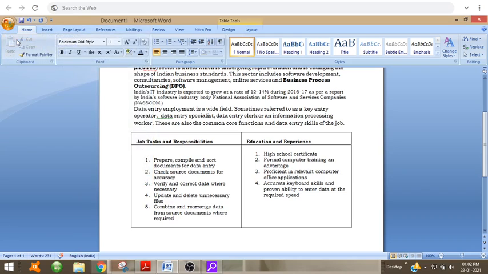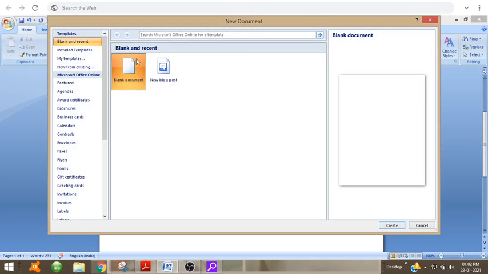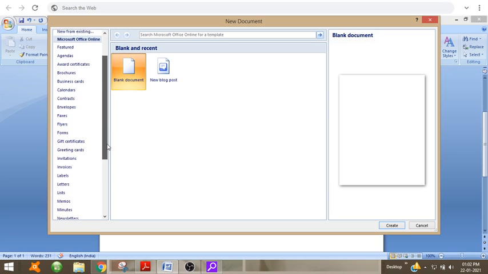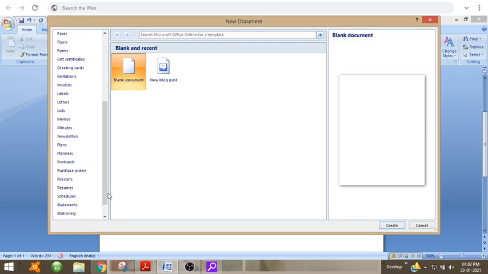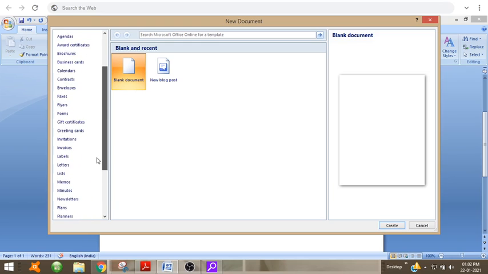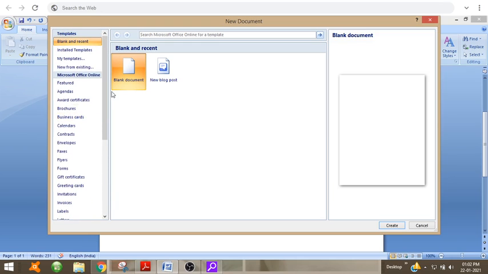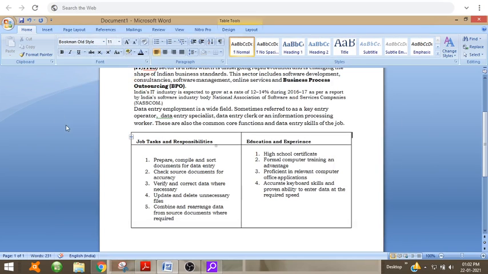By clicking, it will ask you whether you have to open a blank document or any template. Many template formats are there, so you can open any of the templates already available, or you can just create a blank document. By clicking on the blank document, a blank document will appear.